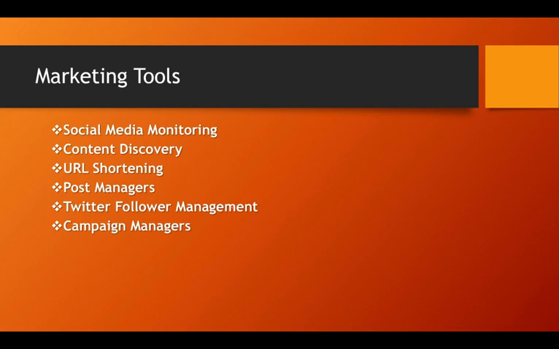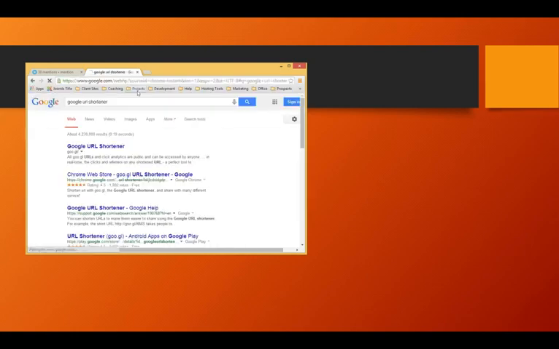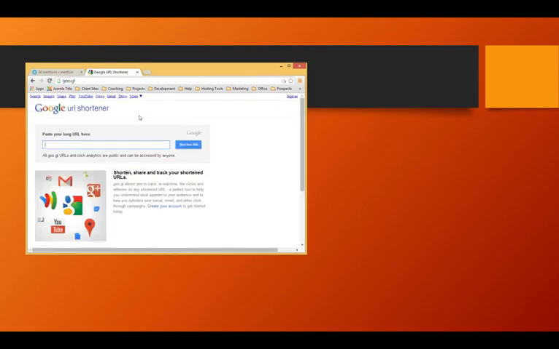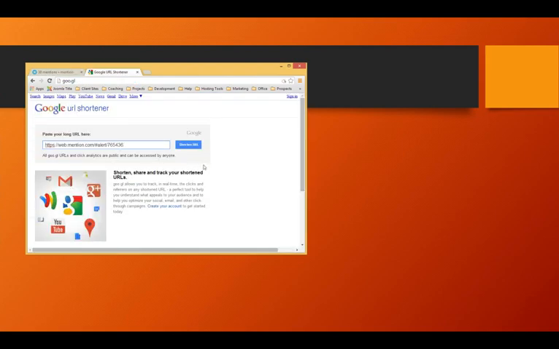URL shortening, this is one thing that you need to be doing, and even starting now you need to be doing this, is go to Google URL shortener. Okay, and this works real easy. You literally paste in your big long URL. So maybe this is our big long URL. Paste that in and just hit shorten, and then